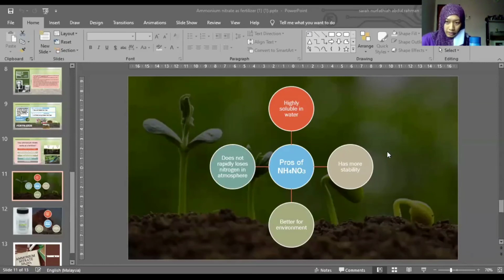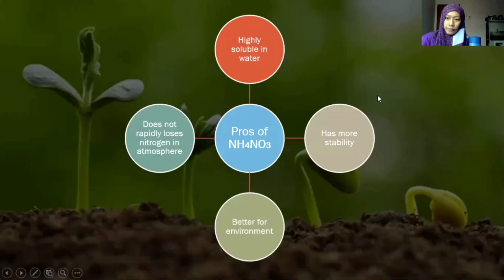Hello everyone, my name is Sarah Sophia, and I will be talking about the pros and cons of ammonium nitrate. So to start it off, the first pro of ammonium nitrate is that it's highly soluble in water, which is important, especially if you're trying to use it as a fertilizer. Being highly soluble in water means it can give more nitrate to the plant, which will be very helpful. And it also has more stability, which means